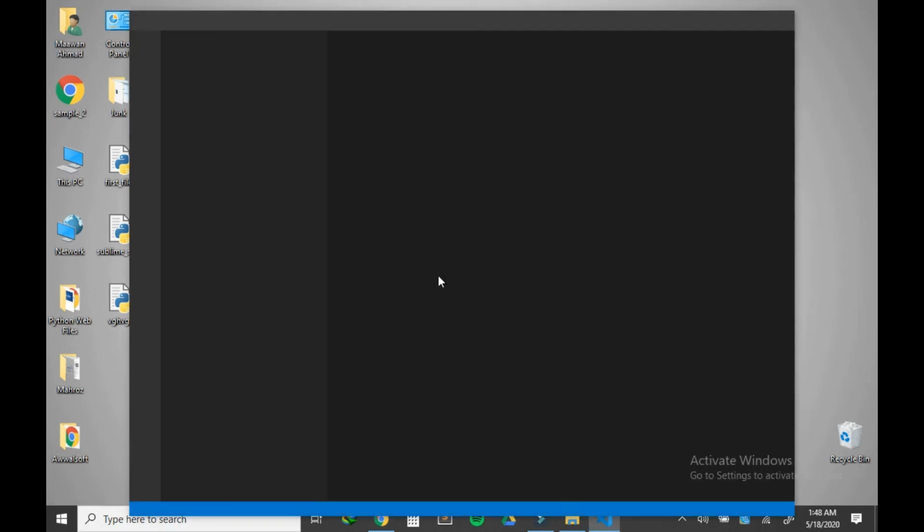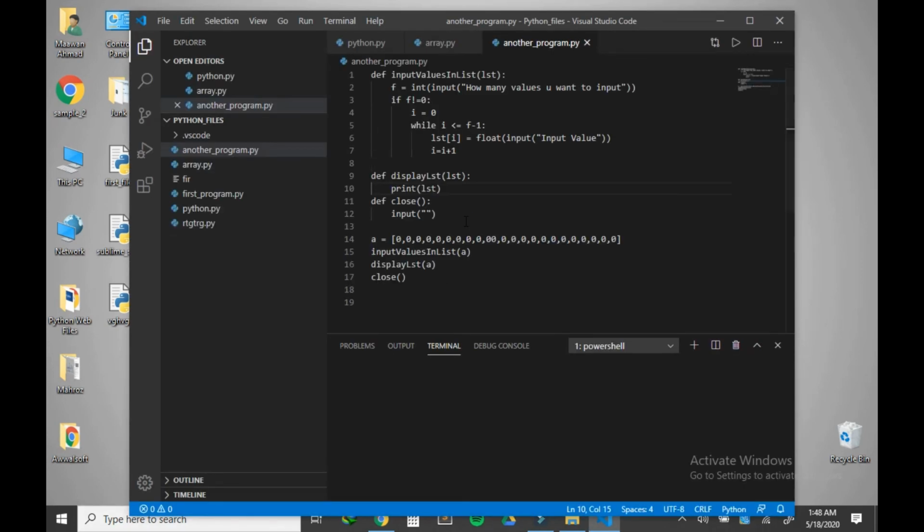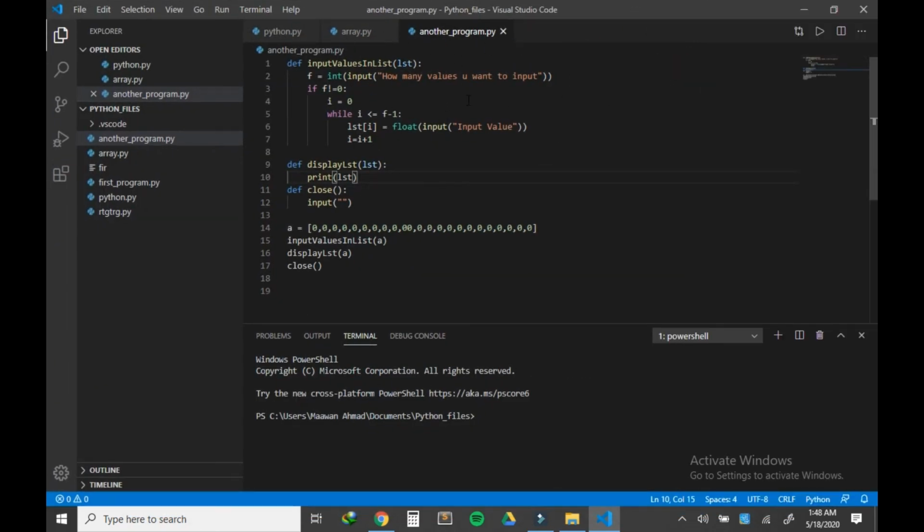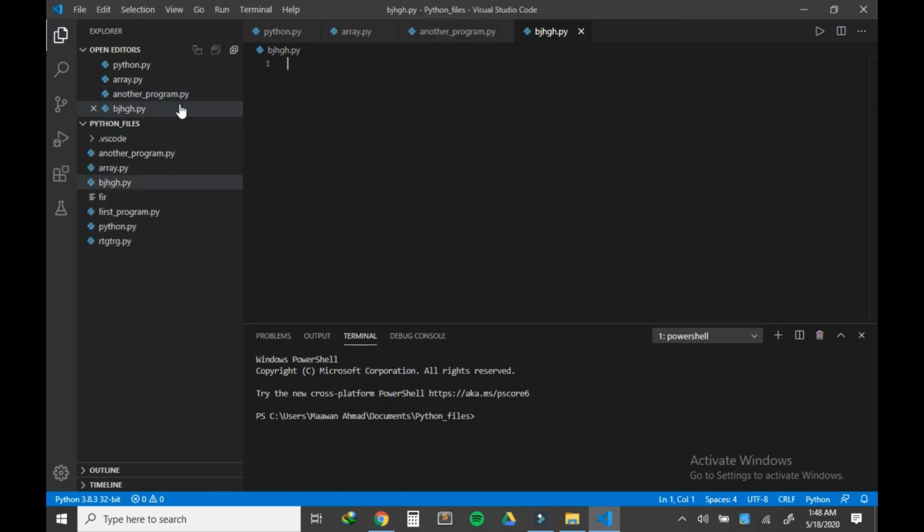Just open it. So this is how it looks like. This is my previous project. So when you need to work on this code editor, just create a new file from here, give it a name, and always remember to give extension .py and then press enter. So now this is the file. So now here you can write.